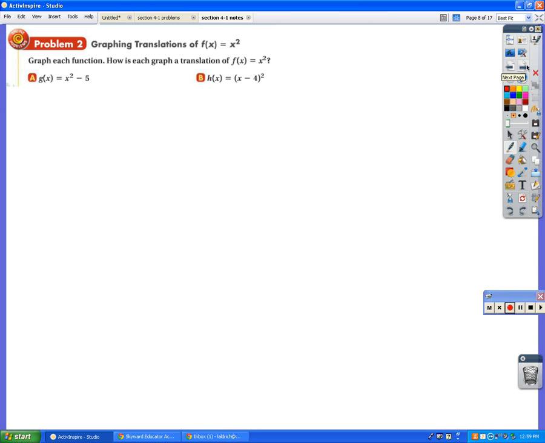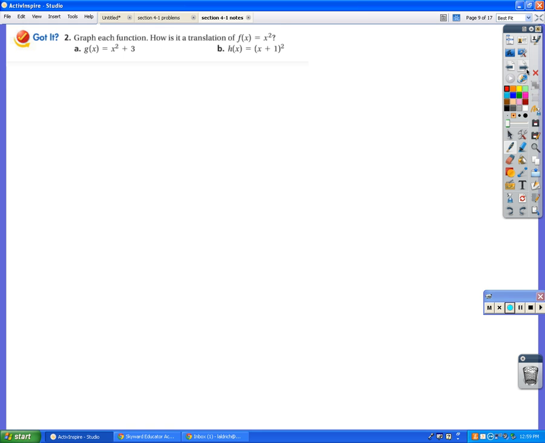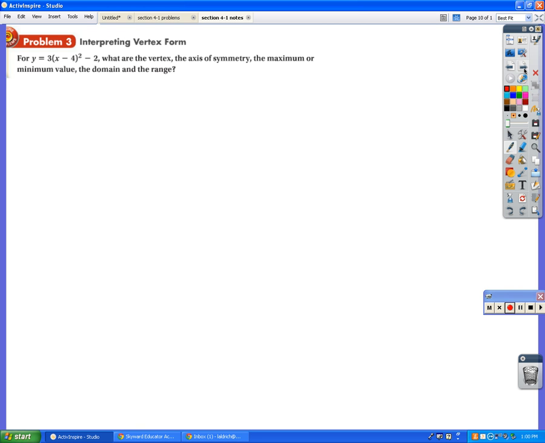Then we messed around with this a little bit. The minus 5 would do what to the parabola? Move it down 5. The minus 4 inside the parentheses would move it to the right 4, because inside the parentheses is opposite. This plus 3 would move the parabola up 3, and this plus 1 would move it to the left 1. Okay, so what we're going to do today is